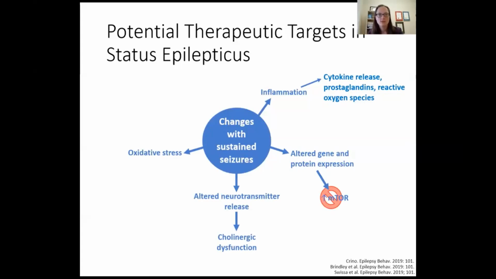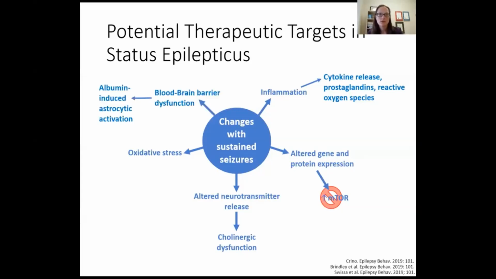Oxidative stress is a concern that we talked about on many levels, both extra reactive oxygen species that are produced by inflammation, but also by the mitochondria with altered calcium homeostasis. So looking into antioxidants in various pathways that can be inhibited or blocked in order to reduce the generation of reactive oxygen species may reduce the collateral damage that occurs with prolonged seizures and may help improve outcomes.